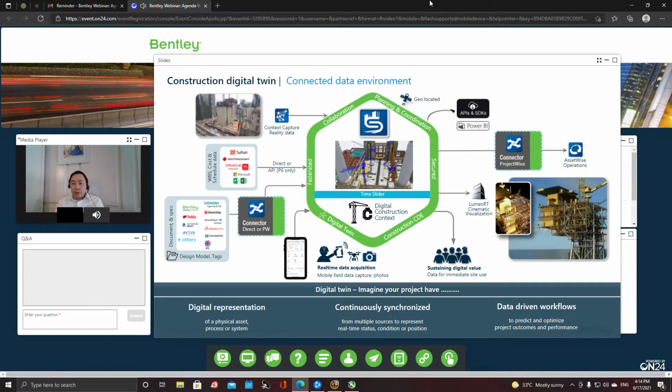So Syncro, as Dominique has described earlier, is the connected data environment at the center, right? Users will basically connect system and data to Syncro. Could be your project schedules, could be your 3D design model, your